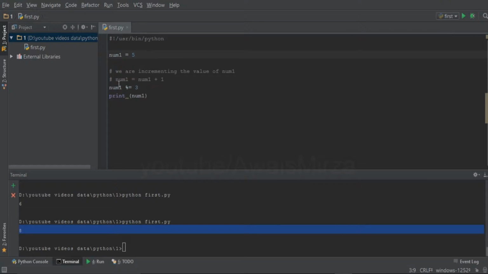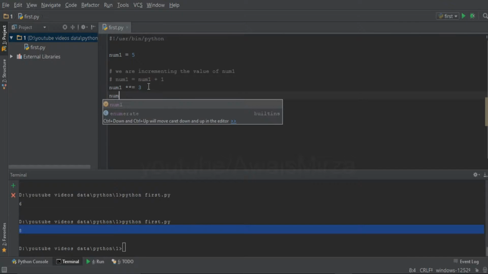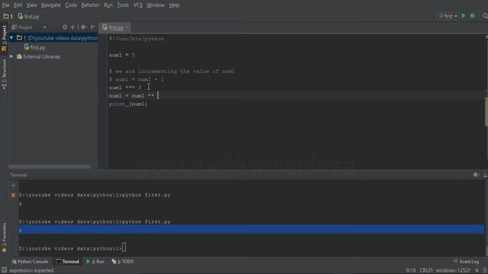I want to add a double star right here. So what it's gonna do, let's define another one. So it is same as num1 double star 3. So the 5 exponent, 5 is the base and 3 is the exponent. So it's gonna find out 5 multiplied by 5 multiplied by 5, and it's gonna store the result of it